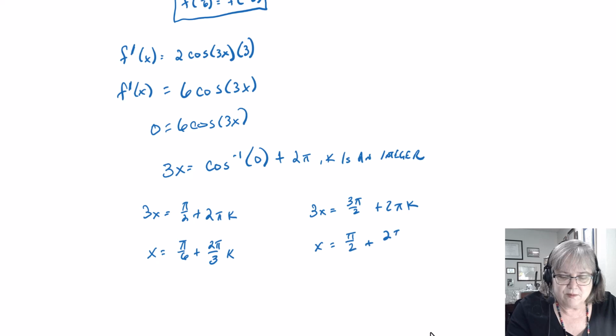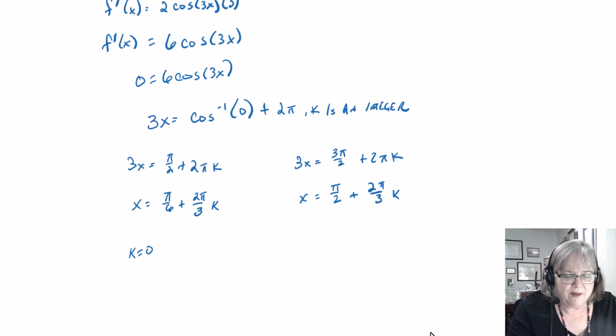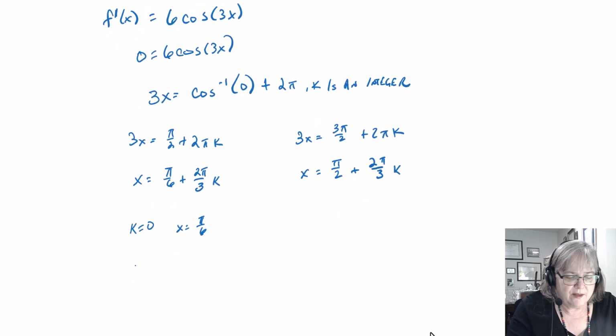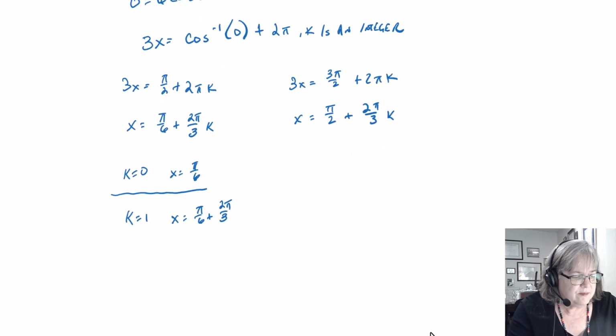Plus 2 pi over 3. Okay. So where k is an integer. All right. So what if k is 0? Then if k is 0, x is just pi over 6. If k is 1, so this is one that I want to consider. If k is 1, x is pi over 6 plus 1 times 2 pi over 3. So this is 5 pi over 6. And these are our endpoints